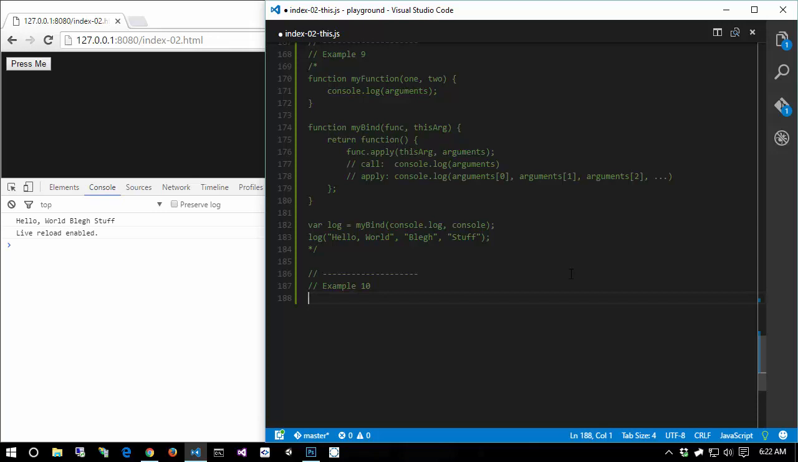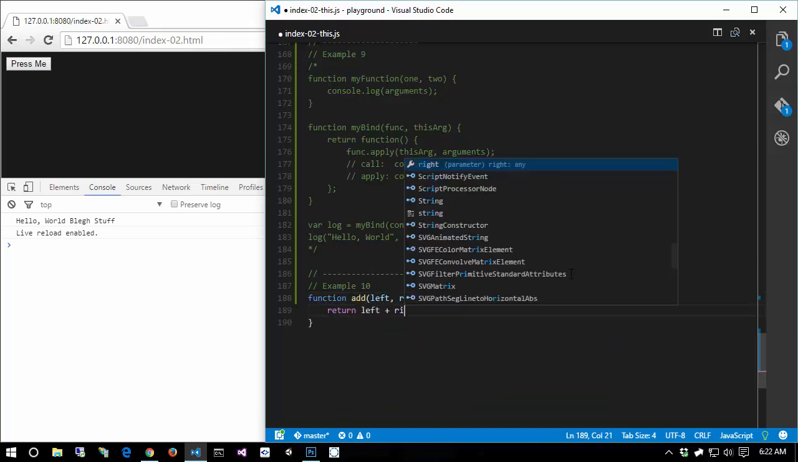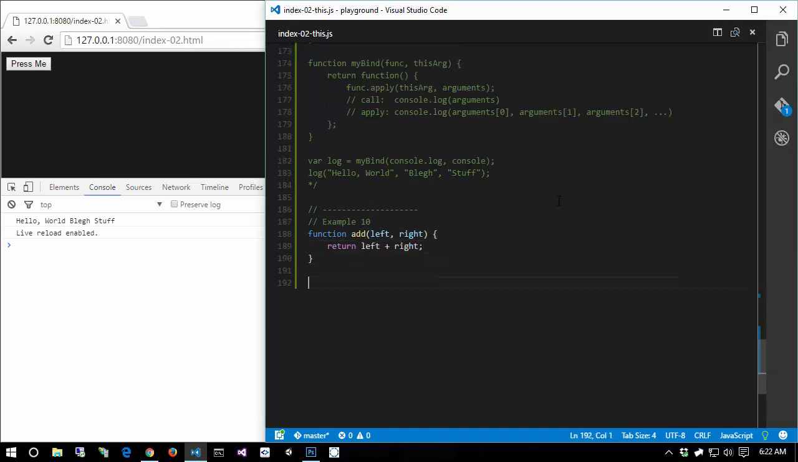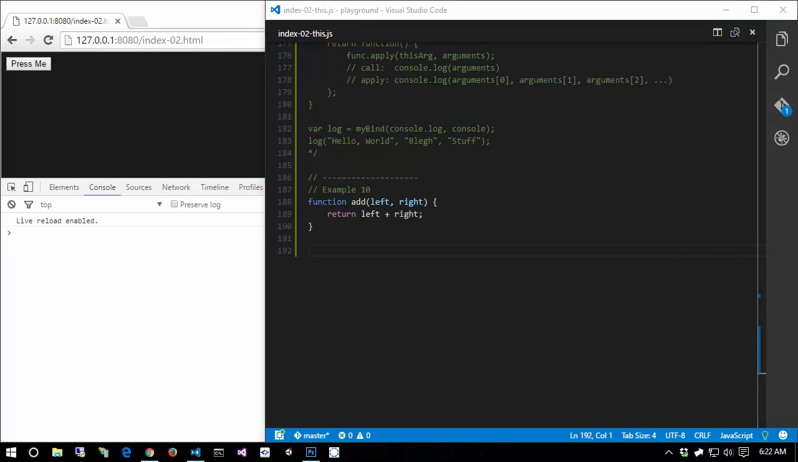Currying is the ability to take a function, partially fill in the argument list, and then get back a new function that has all of those parameters already pre-filled in. So for example, if we had a function add that took in a left and a right and simply returned left plus right, let's say that we had an array